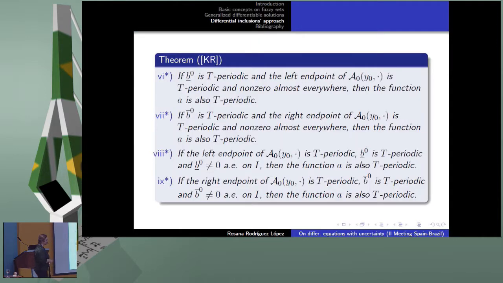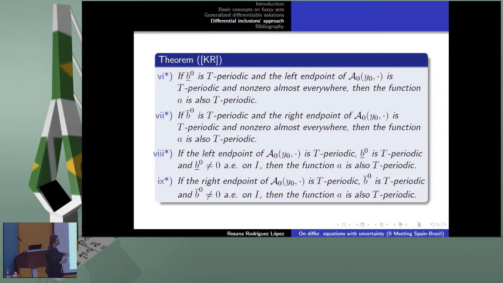And one last thing that we have recently found is, okay, the differential inclusions solution is simpler. It allows us to study periodicity better. We don't need very complicated expressions to calculate the solution to simple problems. But in some cases, it is the one solution of the problem. In some cases, it is the two solution, if it is real many times. But is there any stronger connection between the differential inclusion solutions and the generalized differentiable solutions?